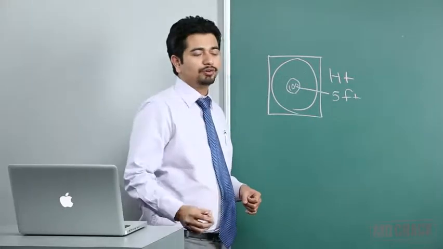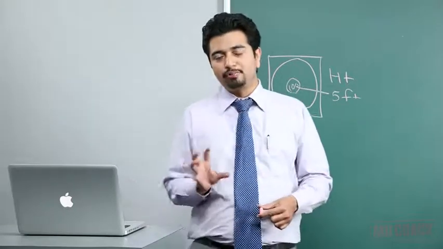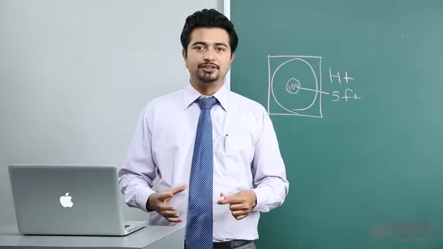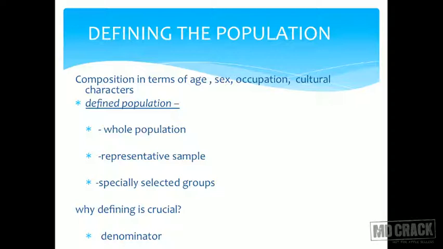Okay. Now how do you do that? We'll see that in the sampling lecture. But this is what sampling basically is, and we usually rationalize the number of patients that we have by this method. You can also do the study in specially defined groups if the study warrants that, say for example radiologists or pathologists or coal miners. So depending upon the requirement of the study, we can have specially selected groups.